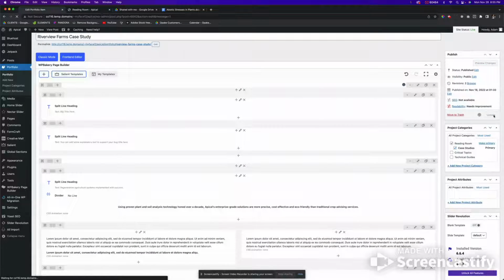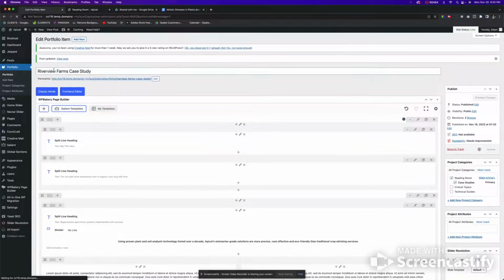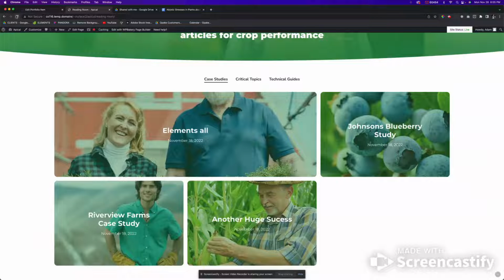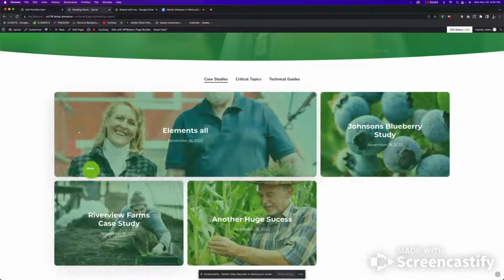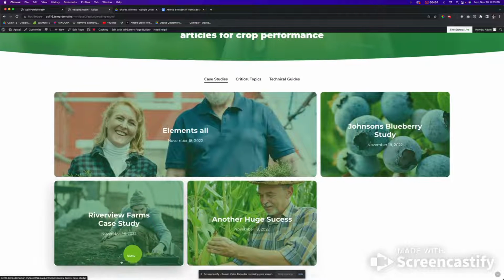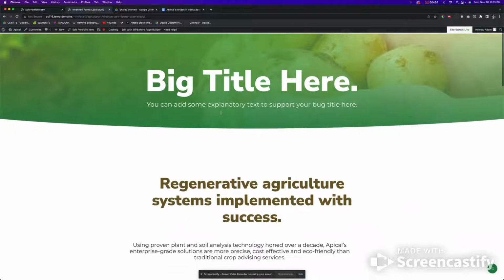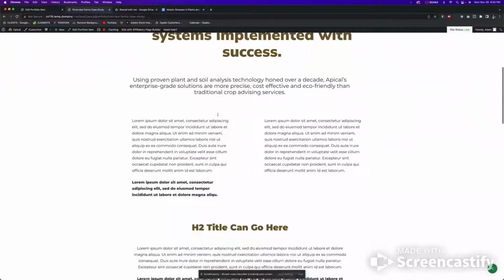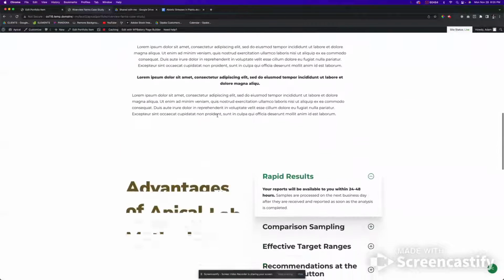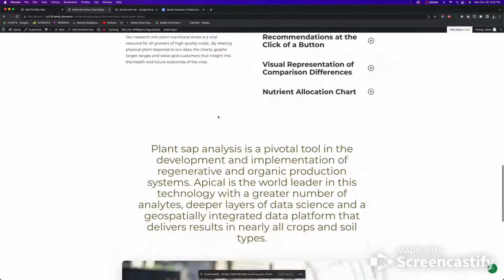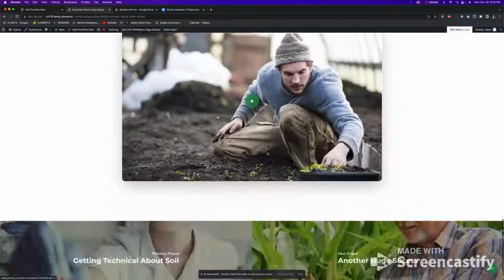Now we're able to update that post. So now it's going to be Riverview Farms. There's our case study. Laid out our text. All right, so that's